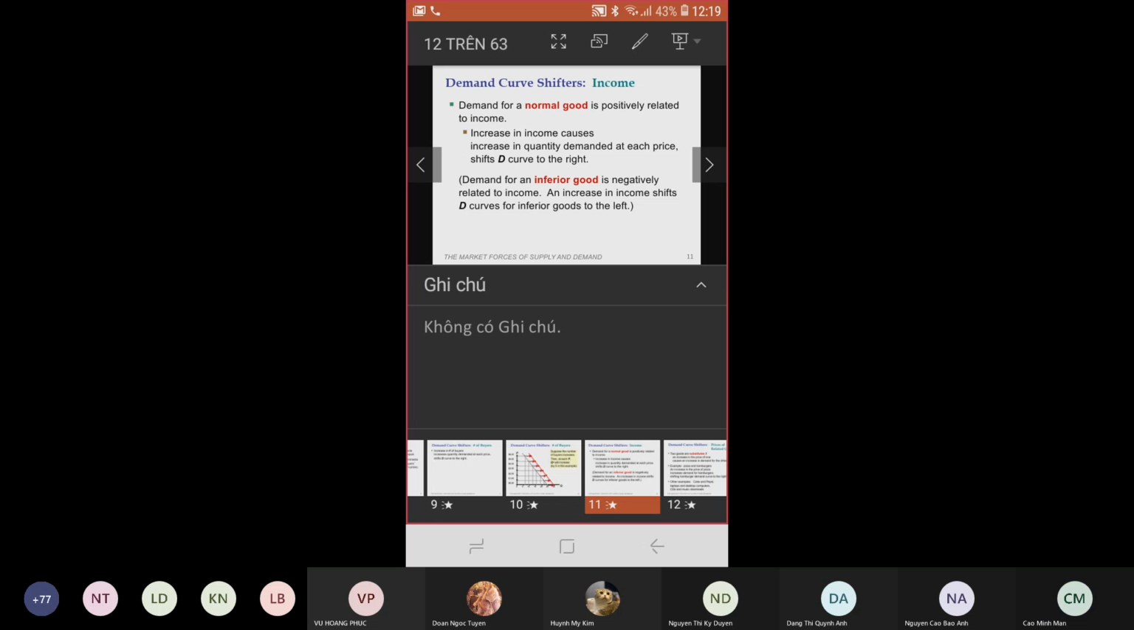One more time. If the income of the consumer increases, demand should increase, and the demand curve shifts to the right. Yes. However, listen. You have to pay attention a little bit on this slide. The conclusion we just made